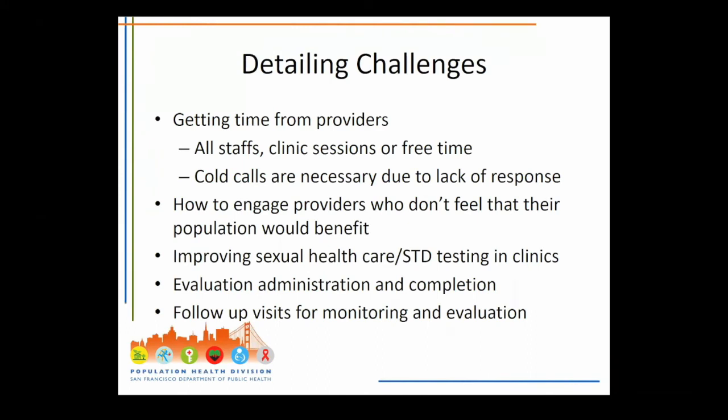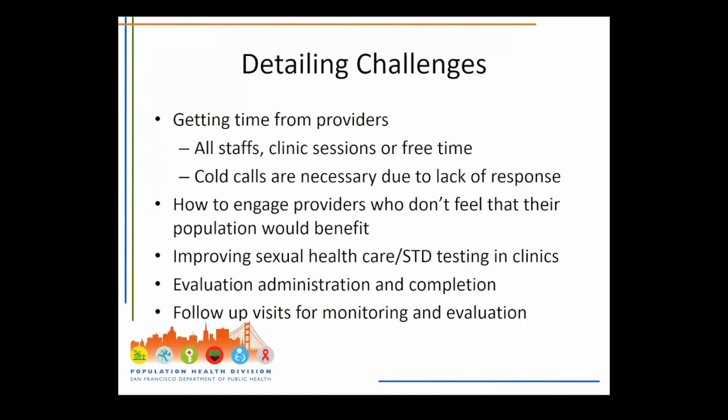Cold calls sometimes are necessary because of the lack of response to scheduled detailing visits. We also have been challenged by how to engage providers who don't really feel like their population would benefit. In addition, we've been really trying to focus on how to improve overall sexual health care within clinical settings and routine STD testing within clinical settings. Another challenge is administering the evaluation, making sure that it gets completed. And then also trying to figure out how do we schedule follow-up visits so that we can get data that